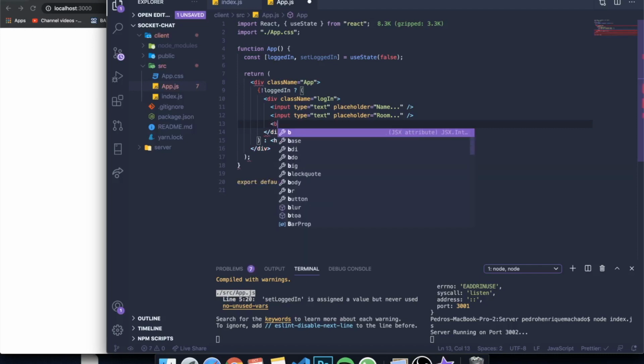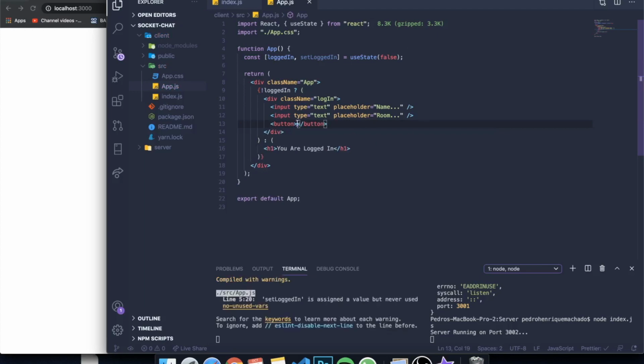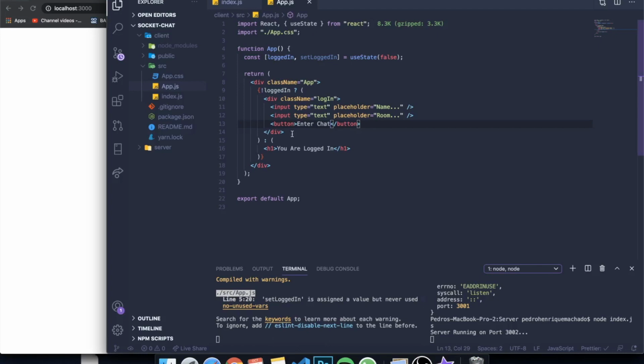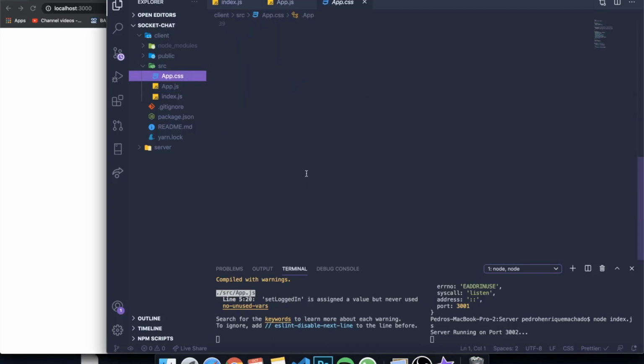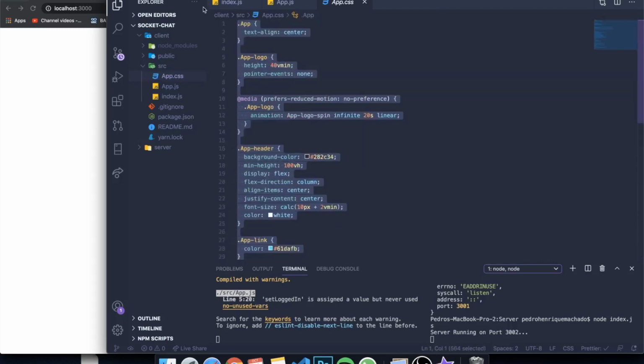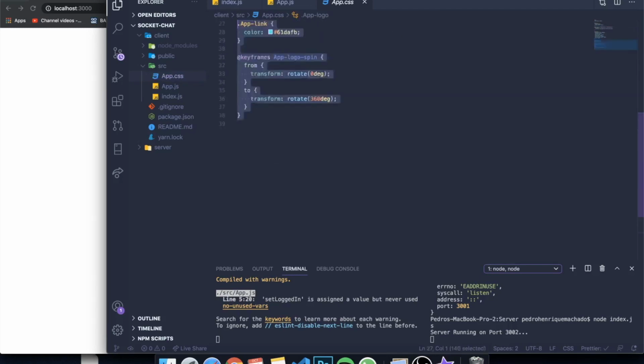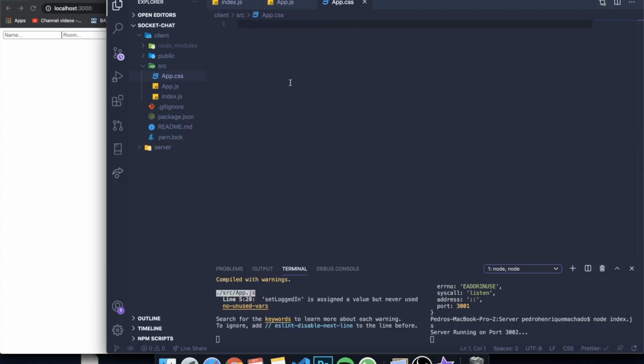So below this, we're going to create a button, and the button will say enter chat, and let's see how it looks. You see, it looks very ugly, and the reason for that is because we haven't actually done anything yet. So we created these three things. Let's style it a bit. So let me come to my app.css. This is what it already comes with. So I'm going to erase everything, and I'm going to grab the app. So it starts with an app